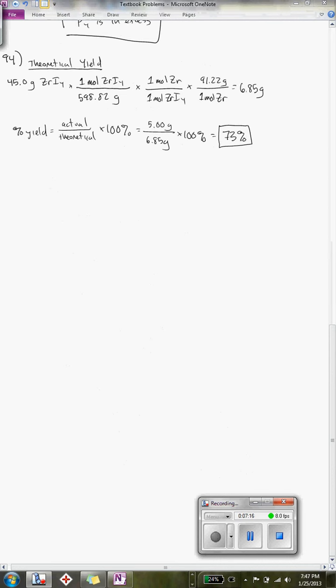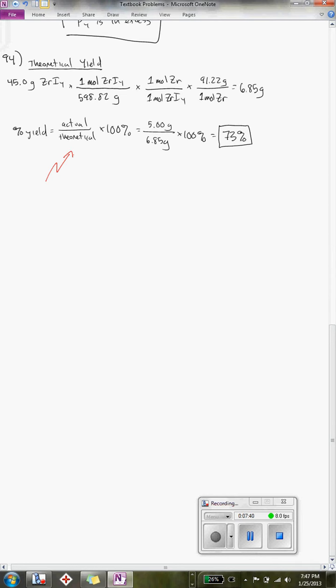Limiting reactant problems add steps on to the beginning of that diagram I drew earlier. Problems involving percent yield add steps on to the end of it. So what percent yield is, is basically how efficient your process is. And you can determine the percent yield by comparing your actual yield, so the amount of a substance you actually get, the grams of your product that are actually